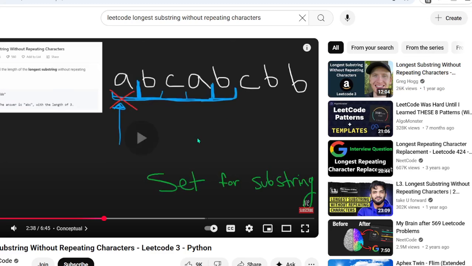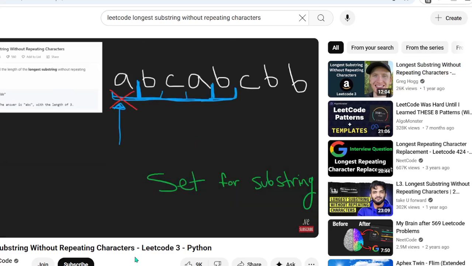We keep shrinking our window from the left until we remove a B. And we're going to see that the first one we remove is the B, so now we're done. So now our substring runs from this C all the way to this B. Now we're going to add another character. Once again, we have a duplicate. And once again, we can literally just remove the farthest left character, and now we're valid again. No more duplicates. We're running all the way from A to C.